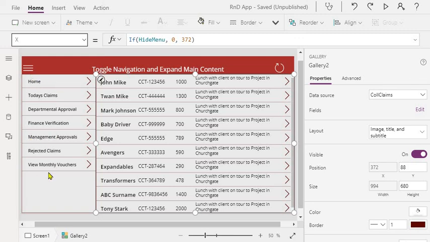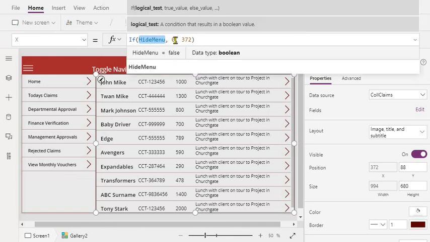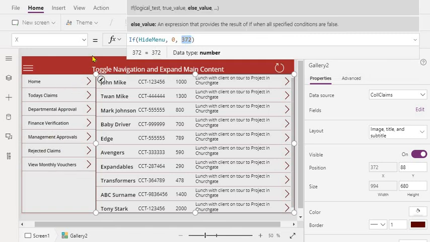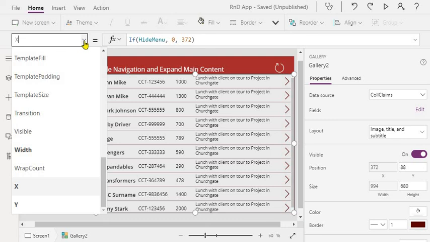So whenever it is true, we are setting it to 0, and if it is visible, we are setting it to whatever the width of your left side navigation menu. So that is one part, setting the X position of your main content.